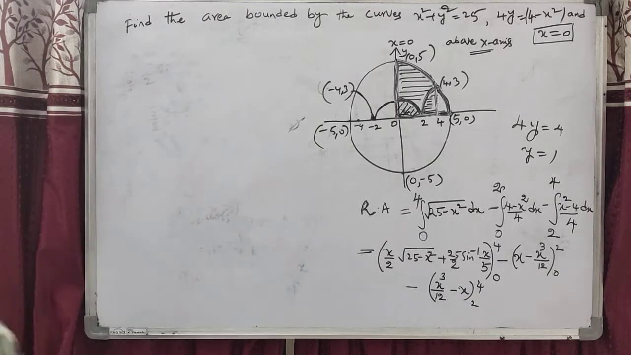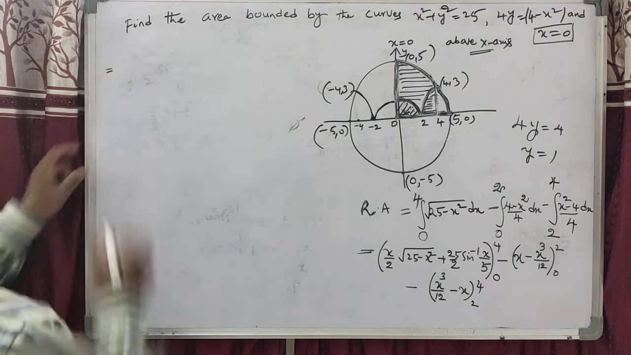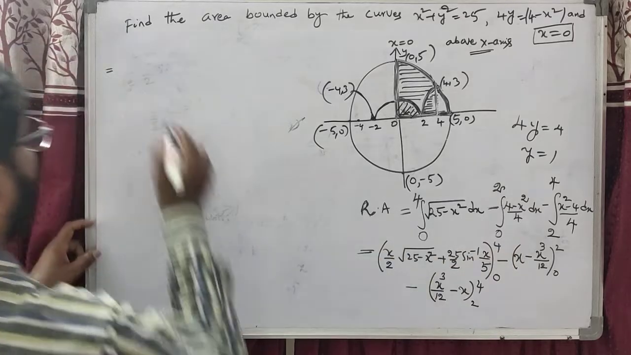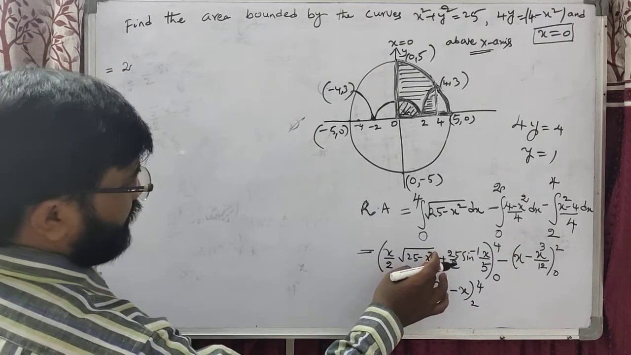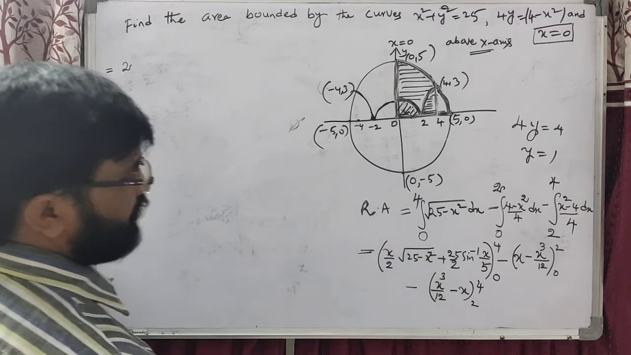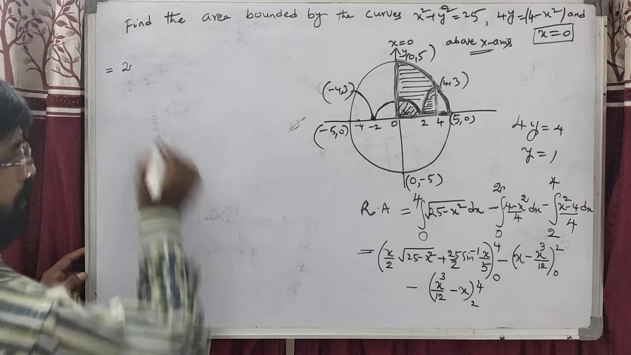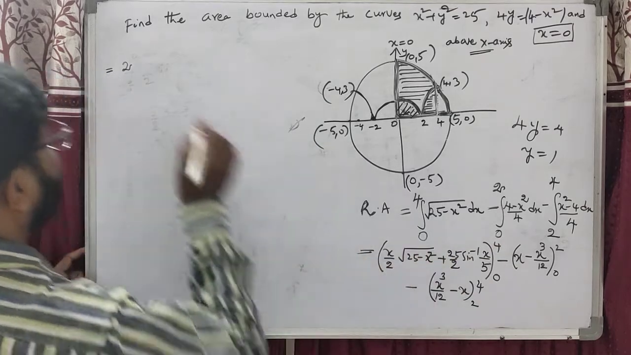Proceed, students. How to write this one? First, the upper limit. We can substitute the upper limit: 4 by 2 is 2. Now 4 square is 16, and 25 minus 16 is 9. That is, dear students, first we take 4 by 2, that is 2, this is the 3,